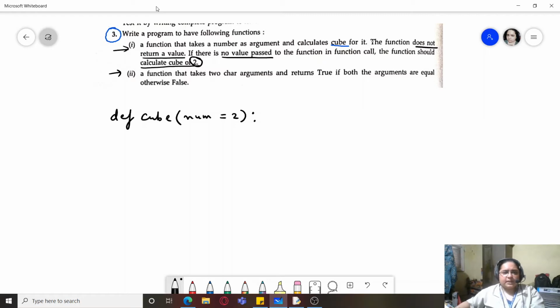So the function simply takes an argument and calculates the cube. This function does not return a value, which means I'm simply going to print the cube here: num raised to the power 3, that will be the answer. Whatever number is passed, if suppose the function call is cube with nothing, that means 2 will be used. So 2 raised to the power 3 will give 8.